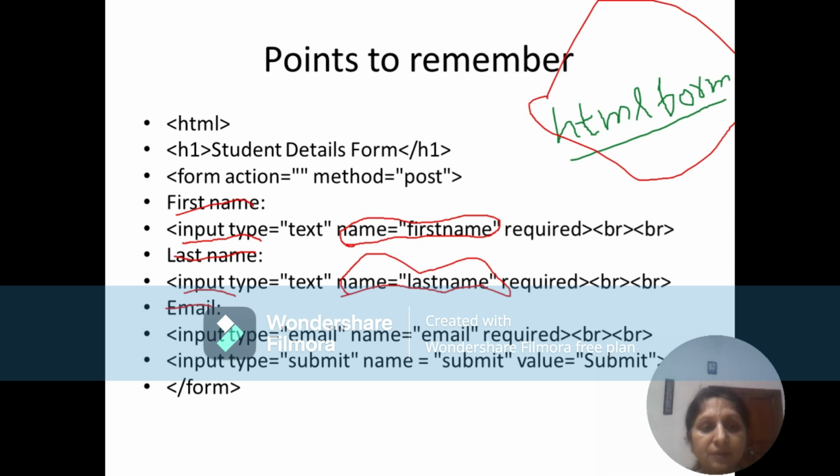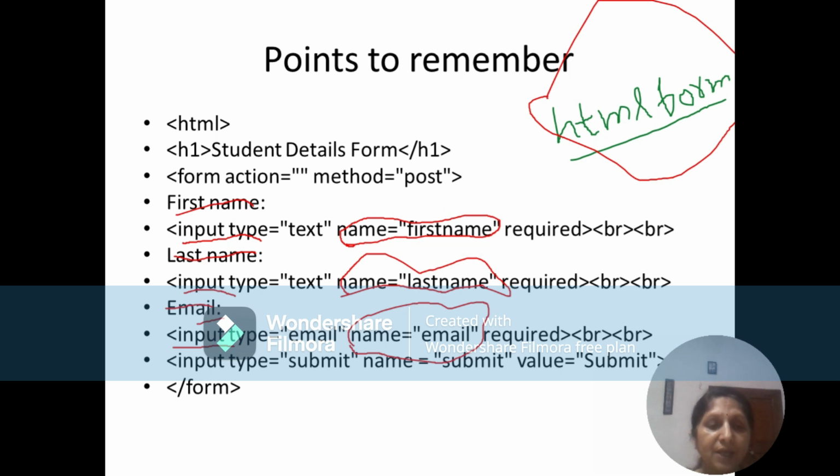For the second input, the name is last name. And for email, there is a label called email, and there is the input tag, right? The type is email, and again the main attribute that we are going to concern ourselves with is name. So the third input that we are going to accept from the user, the name of that input is email.